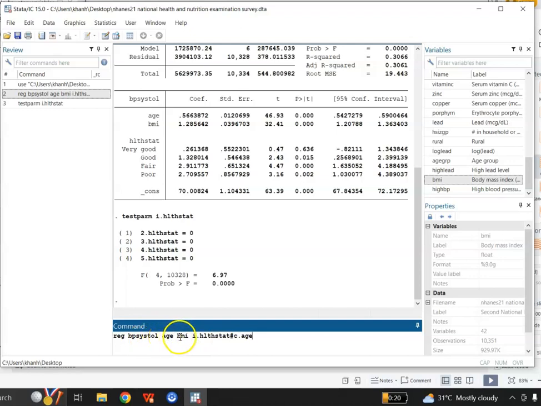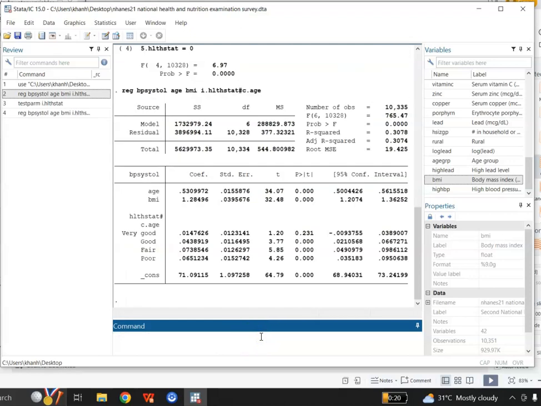This is the main effect of BMI, and this is the interaction effect. So here age, again, this is significant, and BMI, this is significant, and this is the interaction between age and health. And you see good, fair and poor, they are significant. The interaction between health status of good, fair and poor and age, these are significant, but the one is not